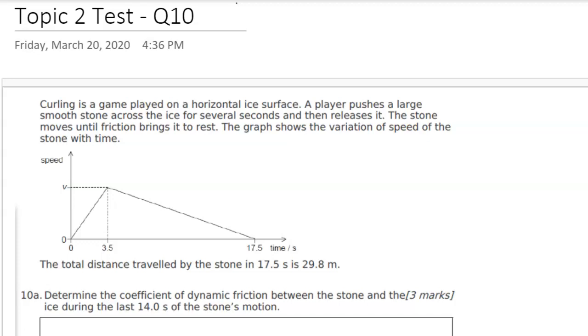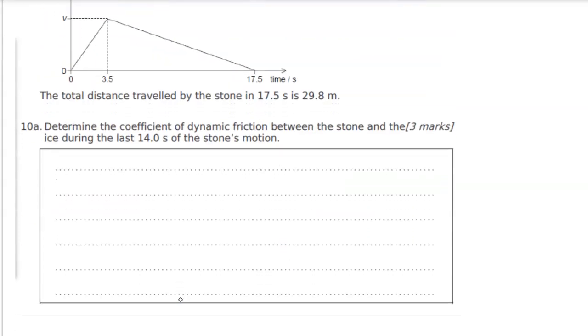Okay, here is the answer to the topic 2 test, question 10, the question about curling. We're given a speed time graph and we're asked to determine the coefficient of dynamic friction between the stone and the ice during the last 14 seconds of the stone's motion. So to work out the coefficient of friction, we use the formula